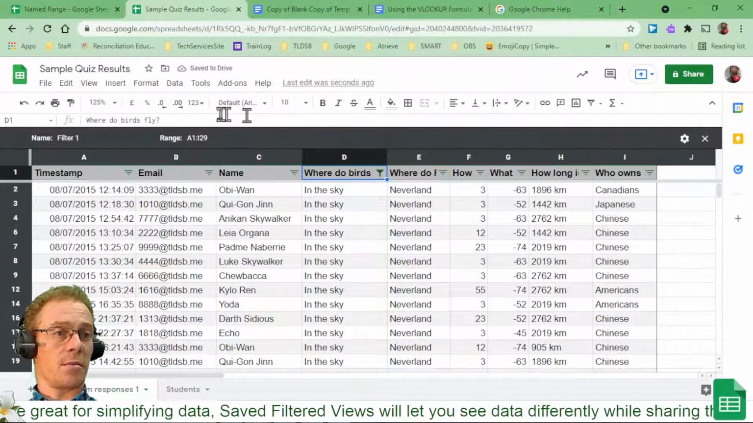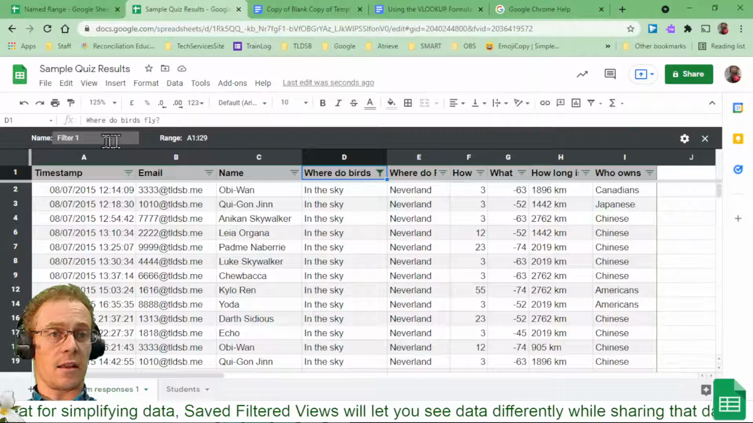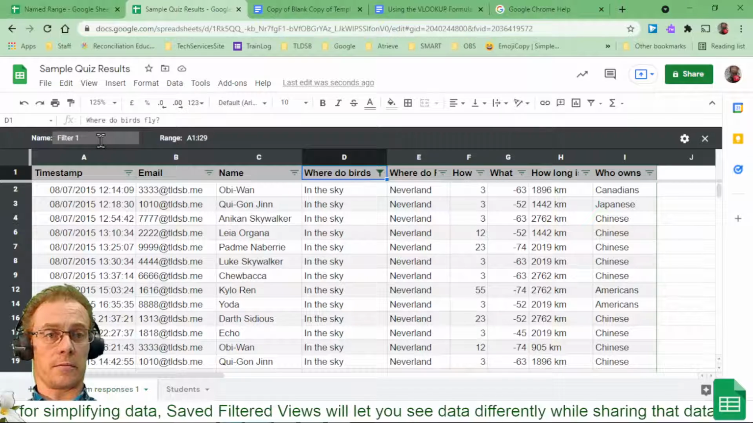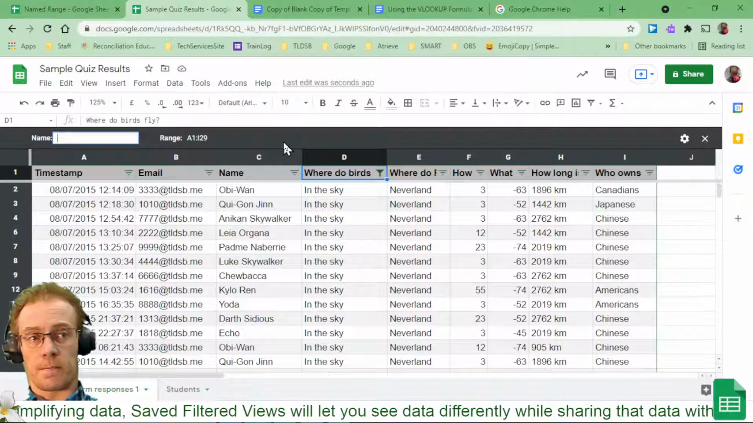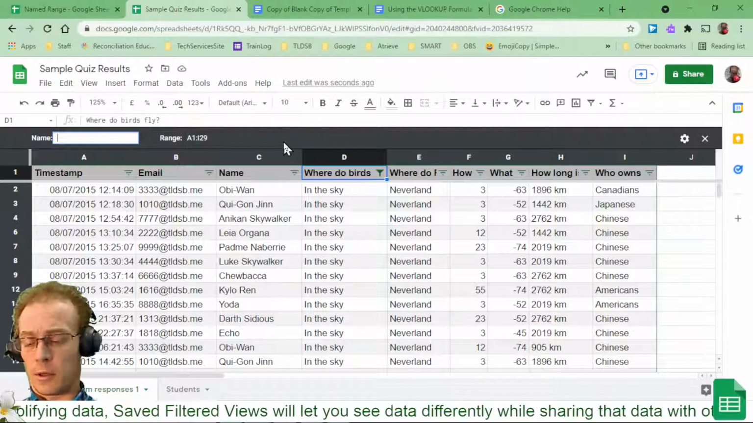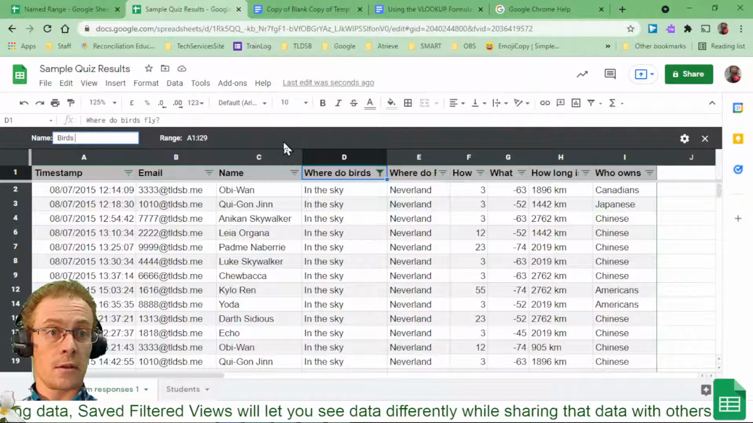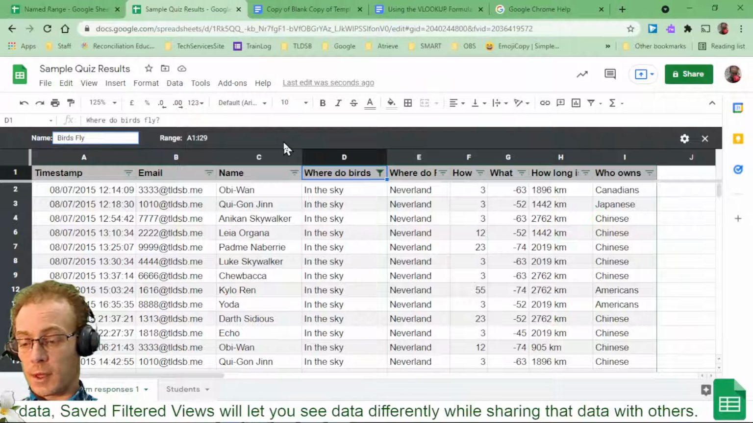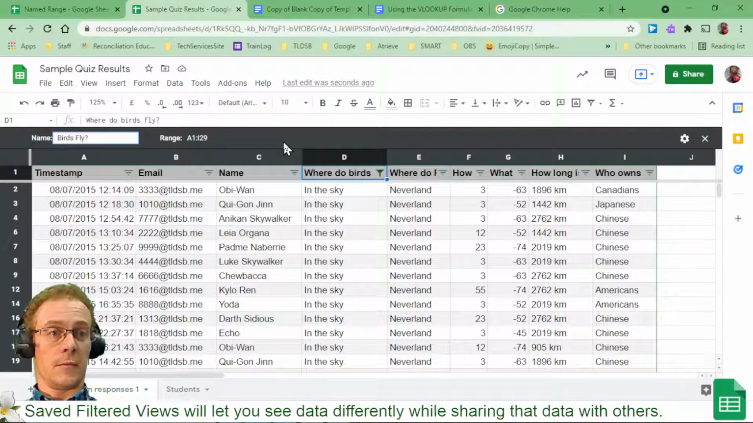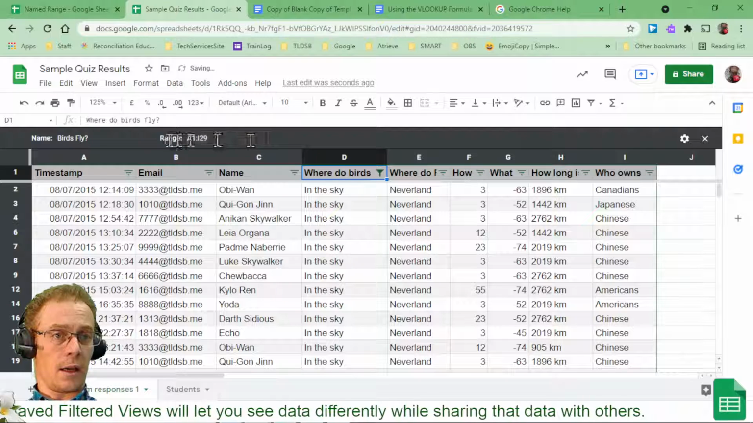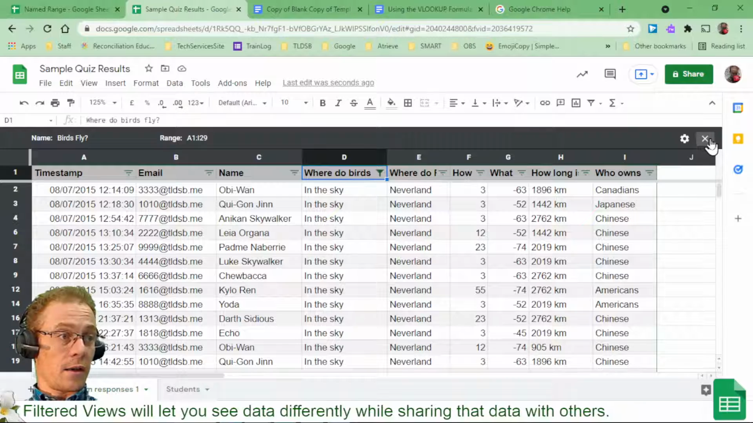All right, so I get this black bar coming across the top and down the side now, color coding everything, and the name currently is Filter 1. It's not very exciting or memorable. I'm going to click in there and get rid of that. I was looking at the where do birds fly question, so I'll call it birds fly question mark, just to be sure. There we go. Hit enter. And now I've named that particular filtered view,